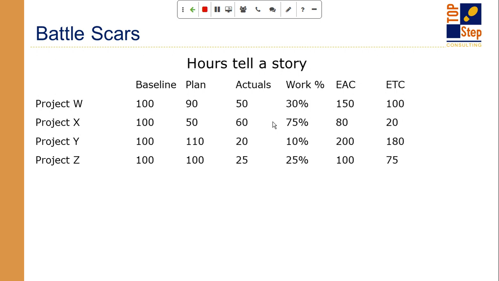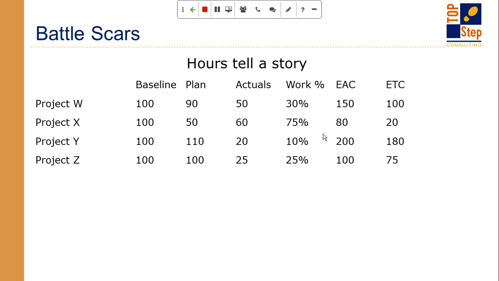We're under budget. But from my work percent complete, I think we're only 30% of the way through the project. Based on this information, if you rely on that work percent complete, I'm expecting to spend another 100 hours to complete this work, which means my EAC is 150, and I'm going way over budget at this point. So it's fine to see numbers grow, but what you can't do is scramble at the end. You have to start looking forward and combining things with your work percent complete so that you get a better picture of really how far off you are starting to veer. And we're almost halfway through this project, so we have limited runway for corrective action at this point.